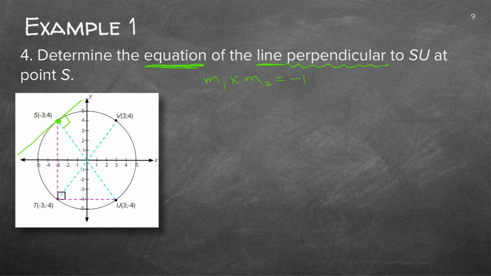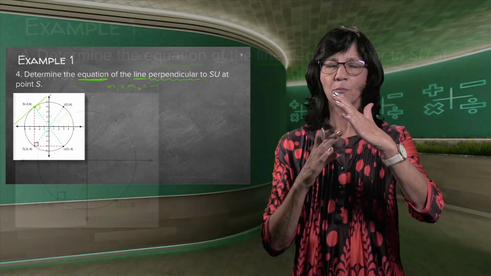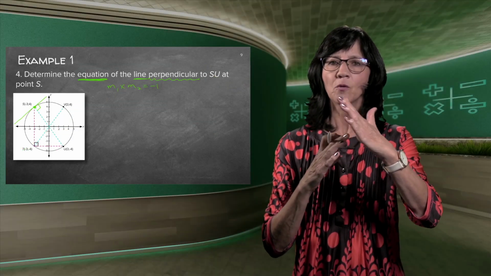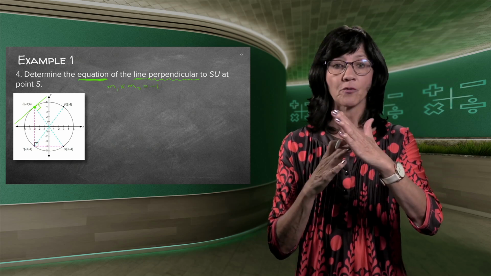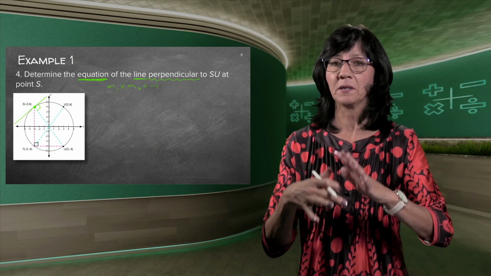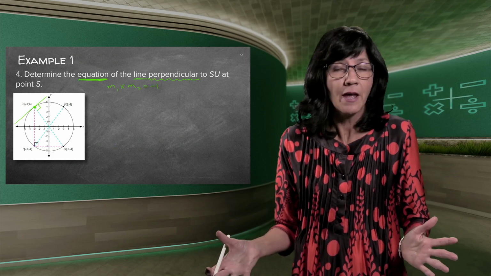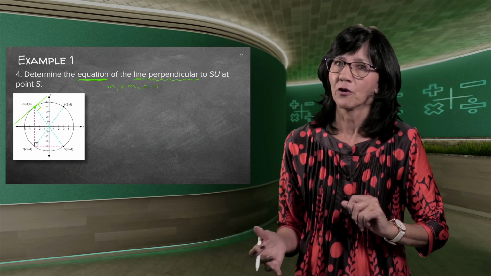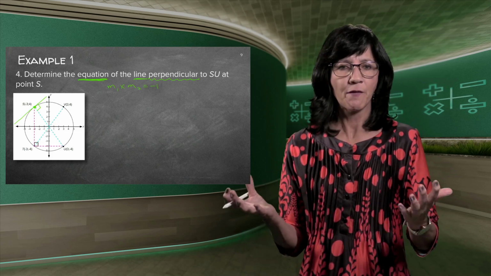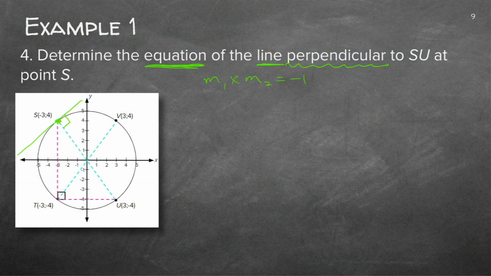So if I have 2 lines and they are perpendicular to one another, I can find the one line's gradient if I just have the other line's gradient. But at this stage, nobody told me anything about any gradient. So I do not have a gradient. But luckily, you've got a formula for a gradient. And do you have any points that you can use? Yes. There's your point S. There's your point 0, 0 that you found previously. So if I do my gradient formula, M is equal to y2 minus y1 over x2 minus x1.